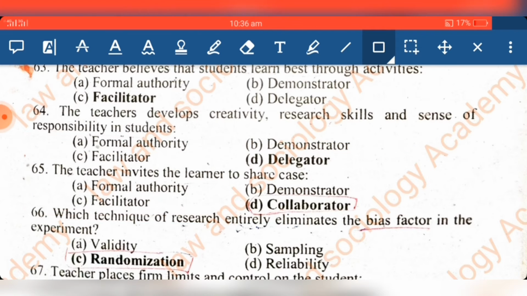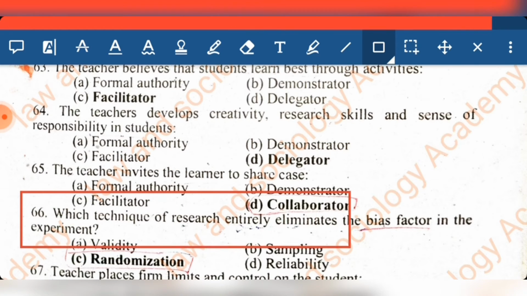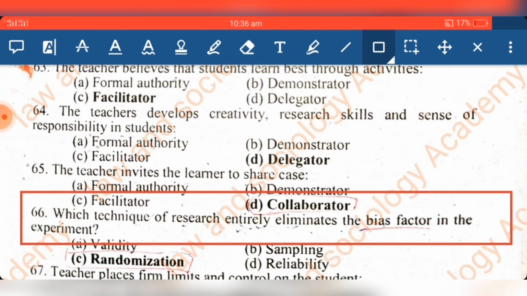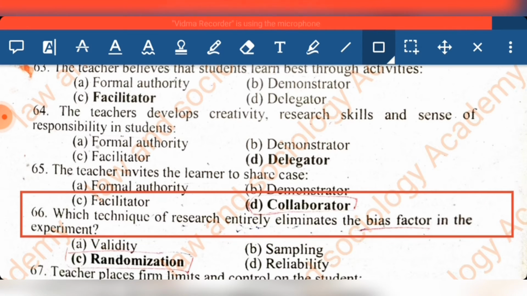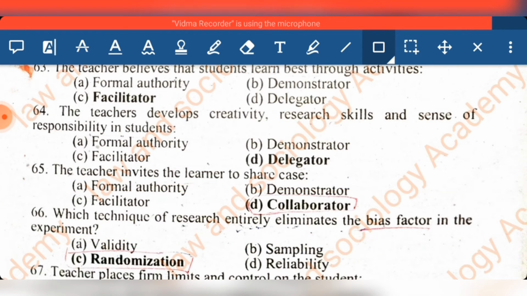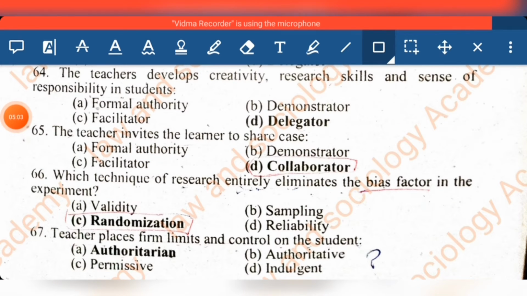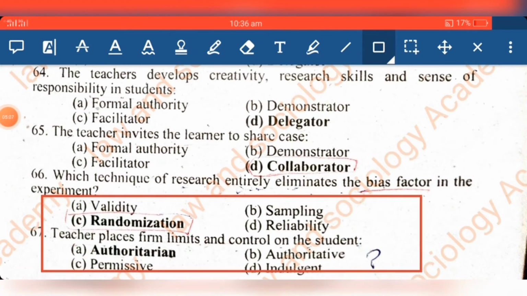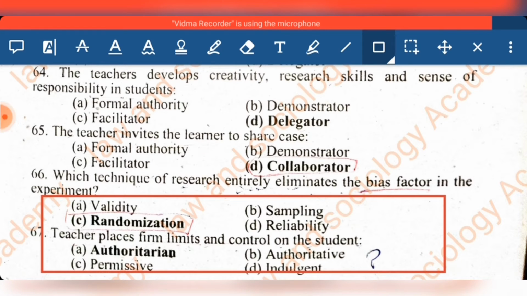Collaborator. Which technique of research entirely eliminates the bias factor in the experiment? Randomization. And the teacher places firm limits and control on the students. Authoritarian,